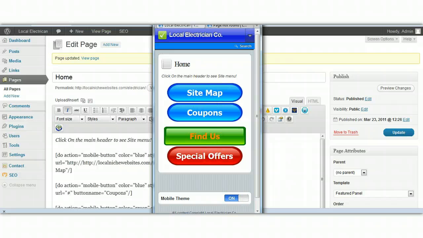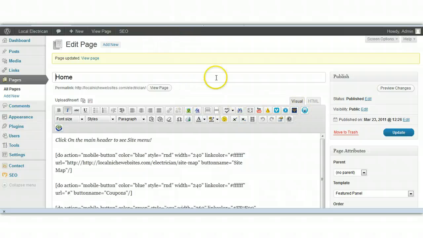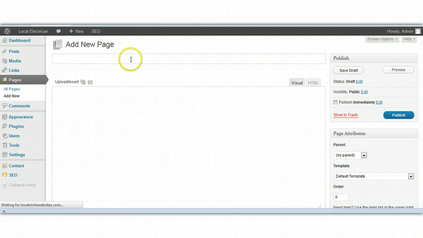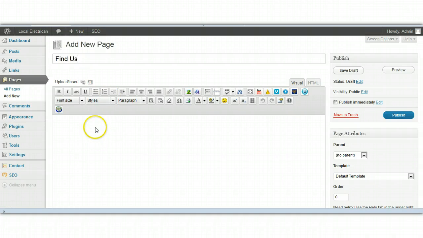Now let me just show you something else. Okay, so what we're going to do now is create a new page and use some new features. So let's just go to pages, add new, and we'll create the Find Us page. Okay, and that'll show you how we use the Google Maps embed. So on this one, we're just going to use the default template because we can use this for a normal website view, normal browser instead of mobile. And we're just going to put, you know, how to find us. Here's where we are,